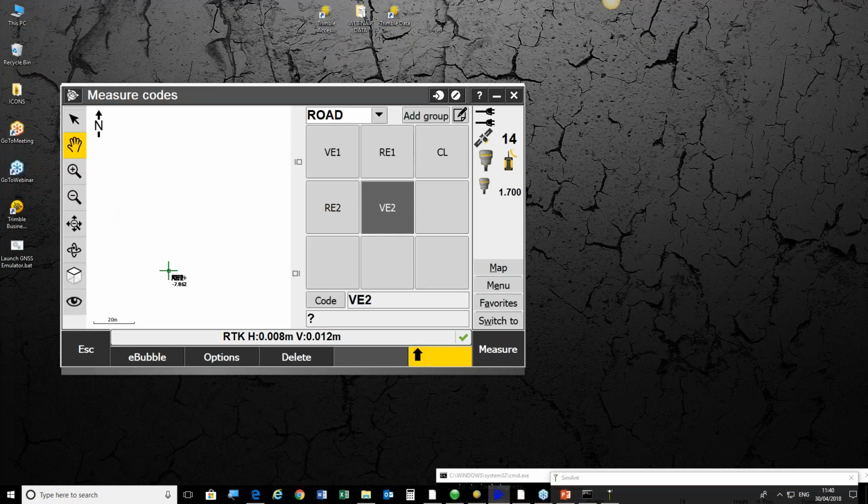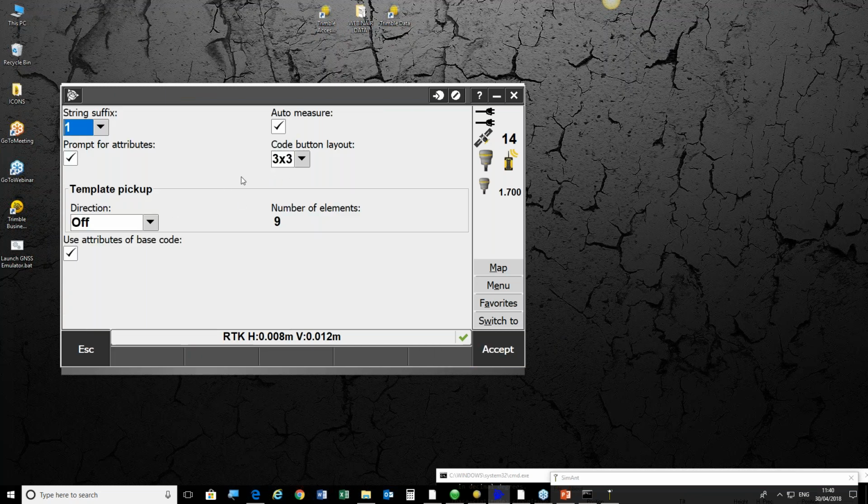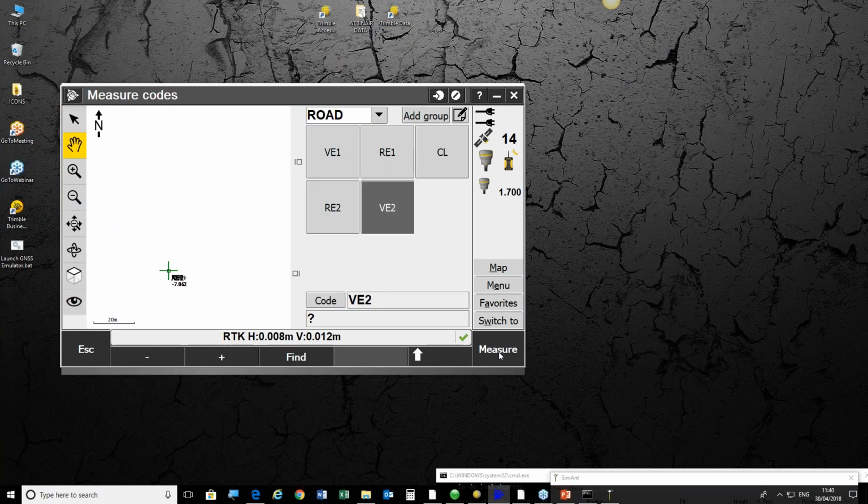Okay, so what you can do again, by hitting the up arrow and going to options, is first of all go in here and you can define the template. This is how, after you measure a point, the next active square will be. So if you measure the point on the left, the square would automatically move to the right and so on. But zigzag is what I'm going to use, and I have 5 elements. So if I hit 5 here, accept,